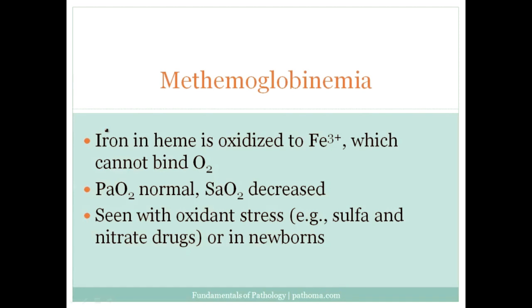So the idea here is that remember that the heme in hemoglobin actually contains iron. And that iron is normally in an Fe2+ state. Now the Fe2+ is what binds O2. And I usually tell my students that this is very easy to remember. Fe2 binds O2. So if the Fe becomes oxidized and goes into a 3+ state, then Fe3+ is not able to bind O2. So if the iron in the hemoglobin becomes Fe3+, that is called methemoglobinemia, and the hemoglobin is no longer able to appropriately carry oxygen.